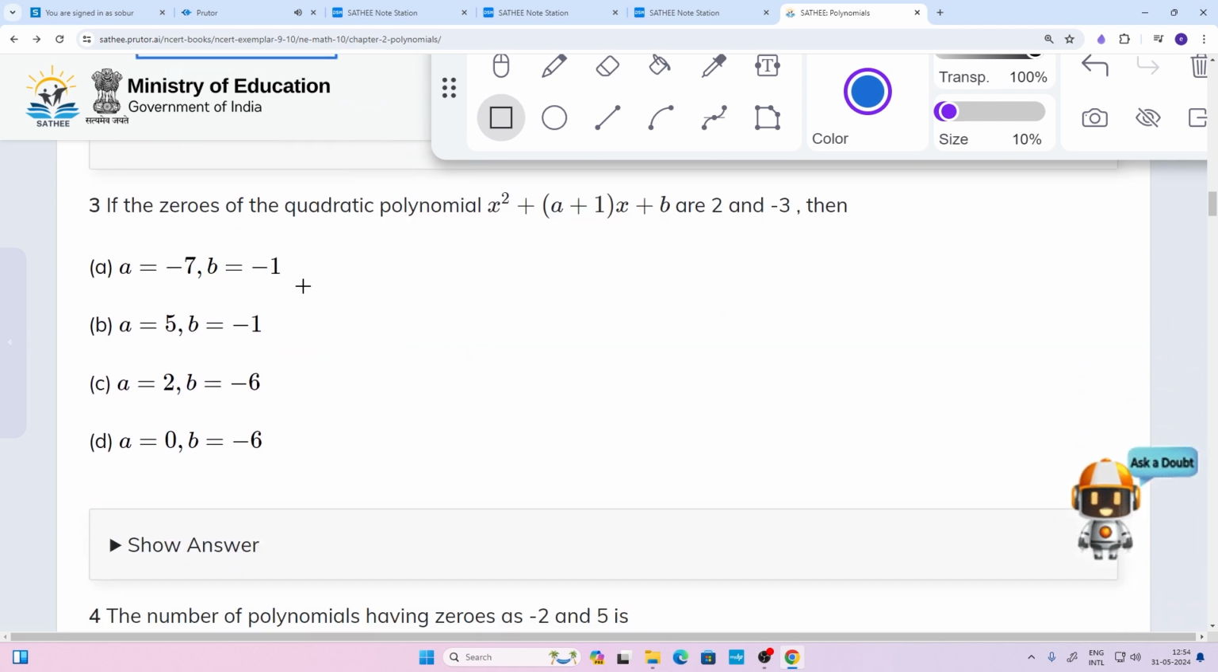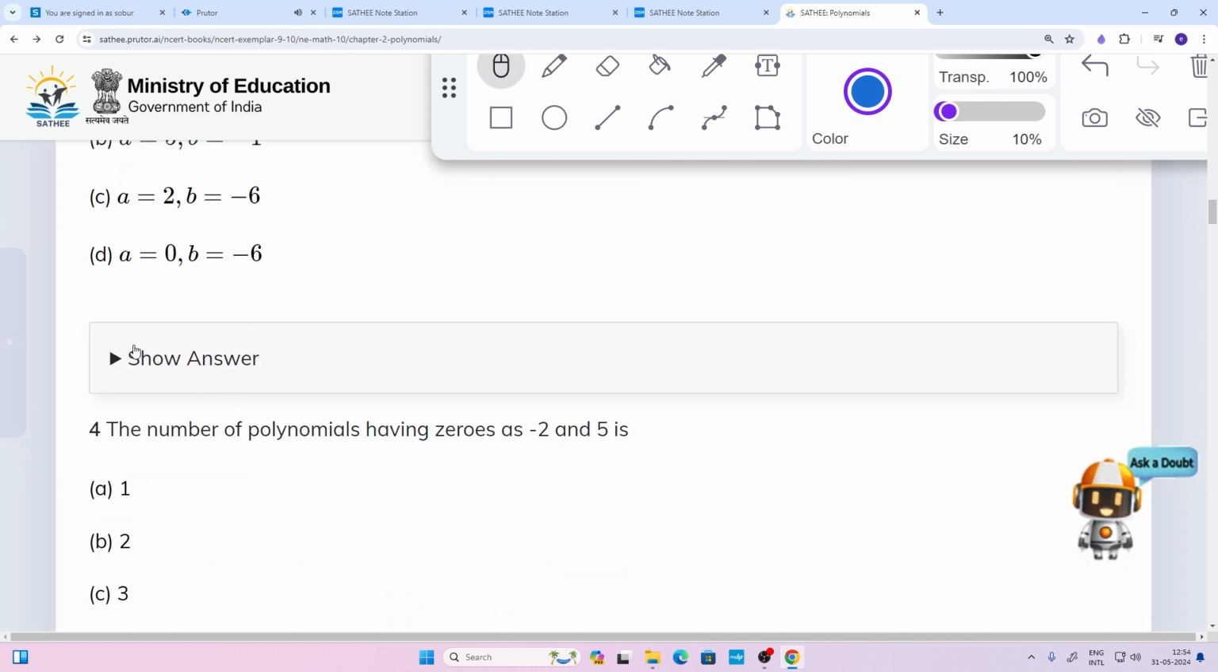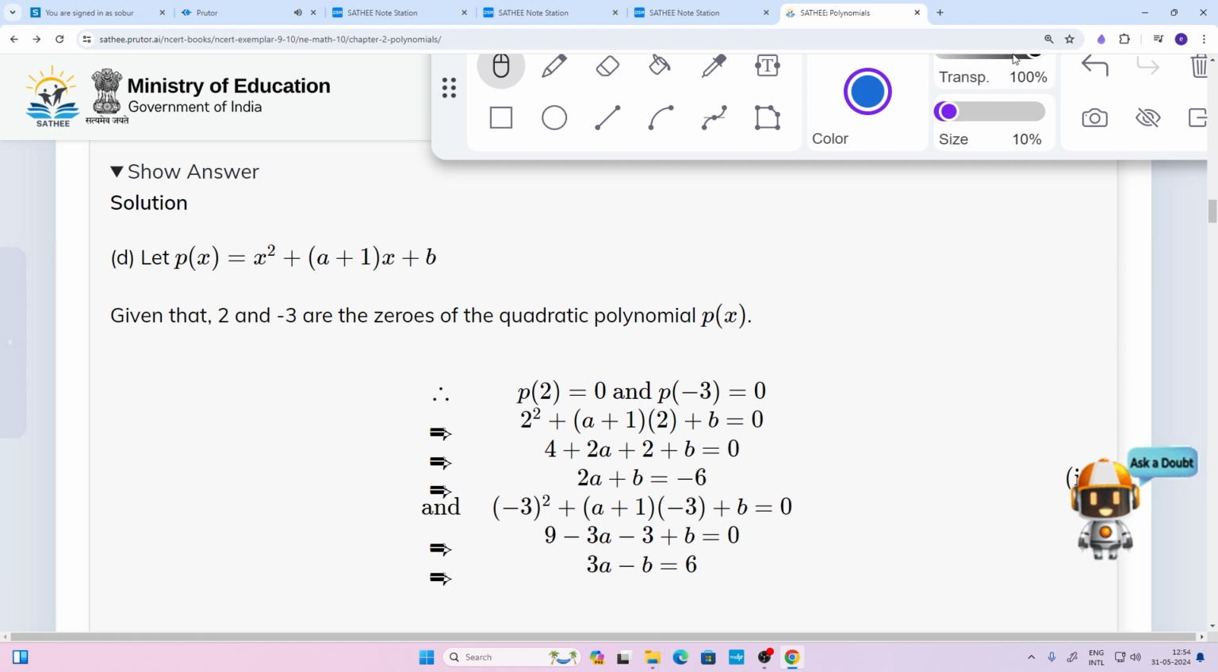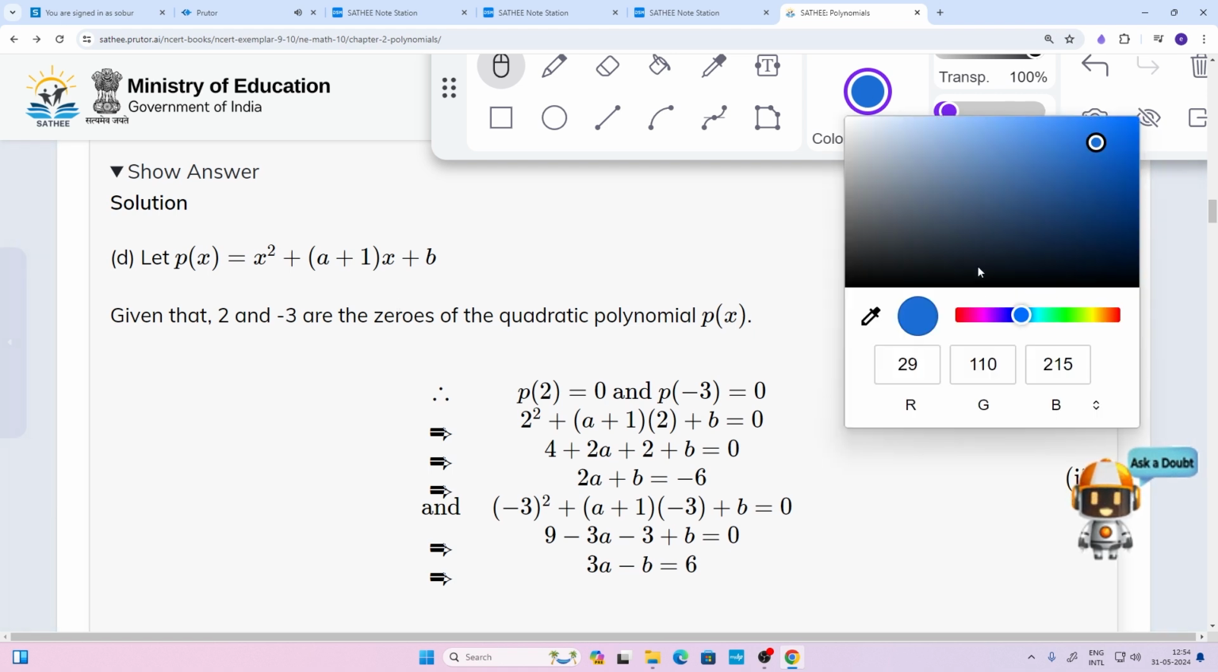So now let us move to question number 3. In question number 3, it is said that if the zeros of the quadratic polynomial x square plus a plus 1 x plus b are 2 and -3, then we need to find the value of a and b. So students, let us solve this problem. First, let p of x